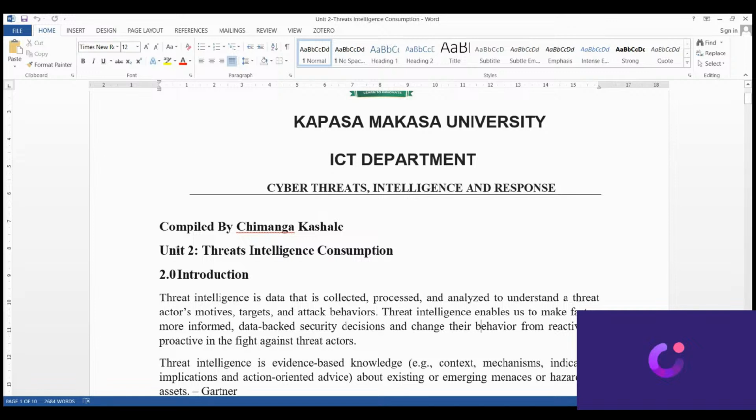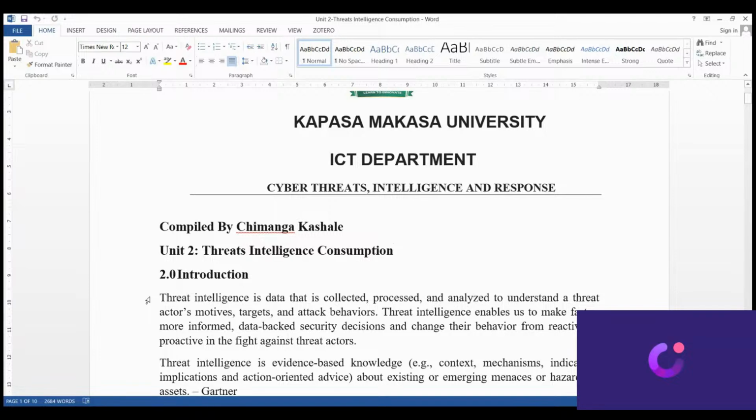We're going to start looking at threat intelligence consumption. This is building on what we covered yesterday and the other day. We looked at the analysis, the approaches to threats, and so forth yesterday. So now today we'll go further to look at